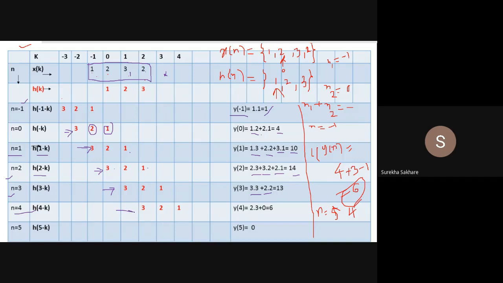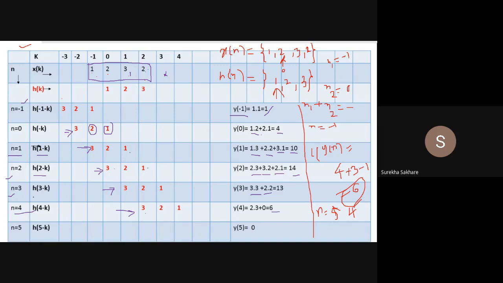Here, this is the shift. What happens? You just see a single overlap. Till you get a single overlap, you have to carry on. Once you get an overlap, only then will you be able to do the multiplication. So 2 into 3. And the other things you don't have. There is no overlap here. There is no signal, right? We don't have any signal at 3 and 4. So there will be nothing to multiply with this. So this is 2 into 3. So I have 2 into 3 plus 0 is going to be 6.